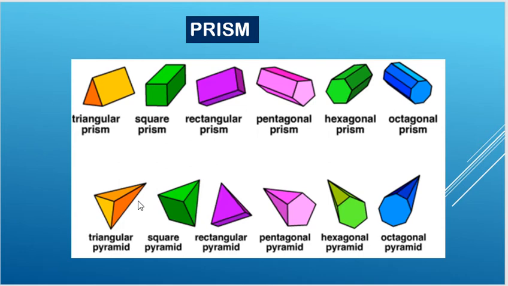What is a prism and how to find the lateral area, the total surface area and the volume of a prism? In this video, our discussion will be particularly on prisms. A prism is a three-dimensional figure. The name of the prism depends on the base. If the base is a triangle, as you see here,